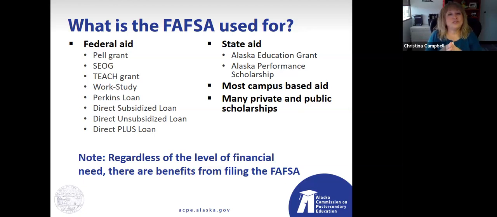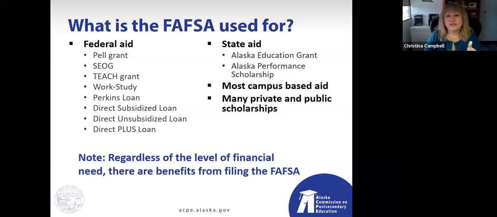Here's the thing though, don't wait until too much after January, primarily because state deadlines for their free money in the form of grants and or scholarships start as early as the middle of February. In the state of Alaska, most UA state schools have their deadline at February 15th, which doesn't give an Alaskan a big window to get their FAFSA filled out. What this means, in short, is